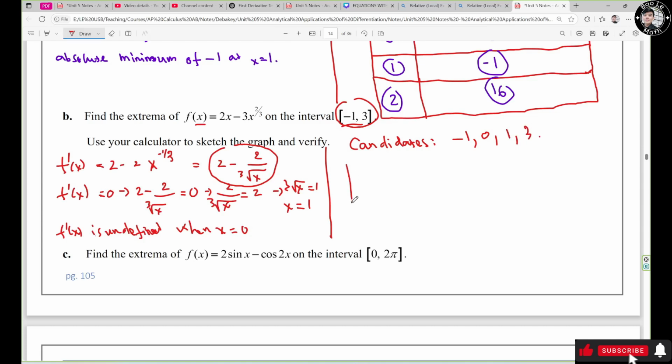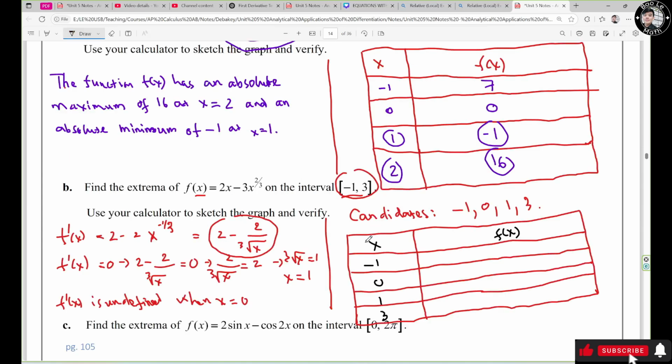Now you're gonna sketch the table. Now you substitute negative 1 for s back into the original function. It's gonna be right here. 2 times negative 1 minus 3 times negative 1 to the power 2/3. It's going to be negative 2 minus 3, which is negative 5. So the answer right here should be negative 5. Now s equals 0 is going to be 0. s equals 1 is going to be negative 1. And s equals 3 is going to be